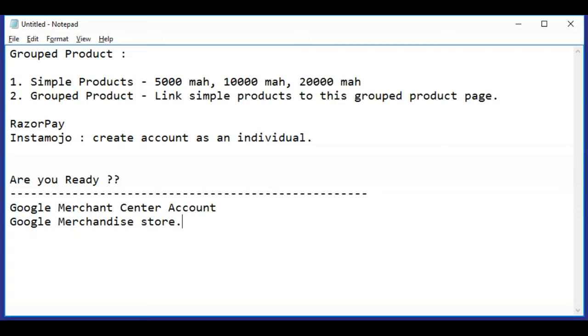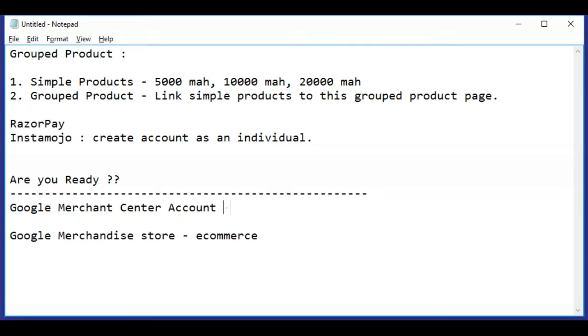Don't get confused between Merchandise Store and the Merchant Center. Merchandise Store is a sales platform. This is an e-commerce portal of Google. And Google Merchant Center is a place where you create a feed to do shopping campaign.